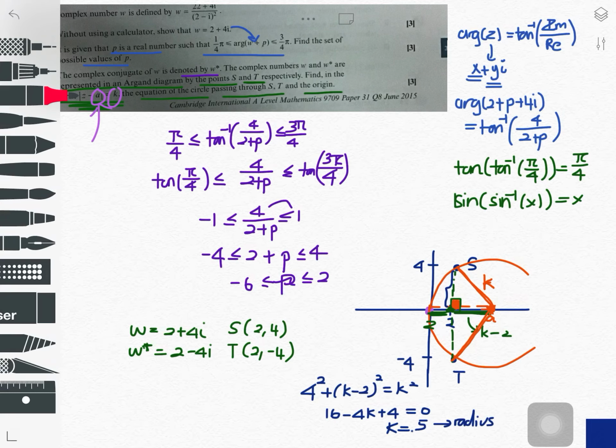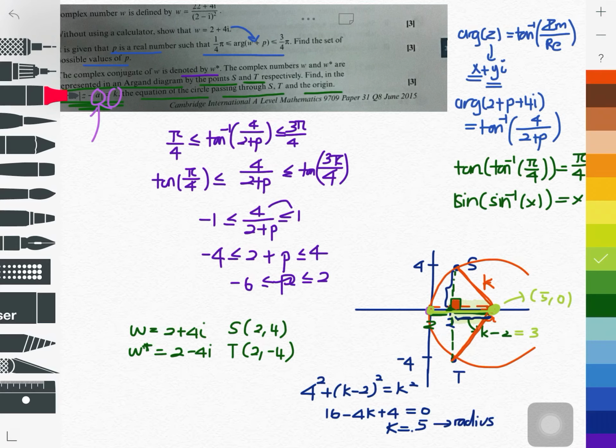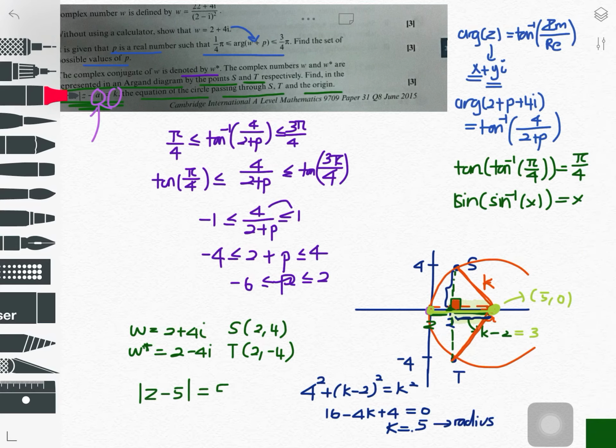I know my radius. Do you think I can find what is my center? What is this gap here now? This part here, what is the gap? It is exactly K minus 2, which is 3. So the length in here is 3, this is 2. So from the origin, how much are you traveling in order to go to your center? 5, right? So the center is definitely 5, 0. Therefore, your final answer is modulus z minus 5 equal